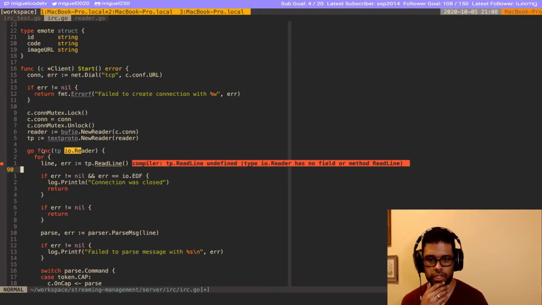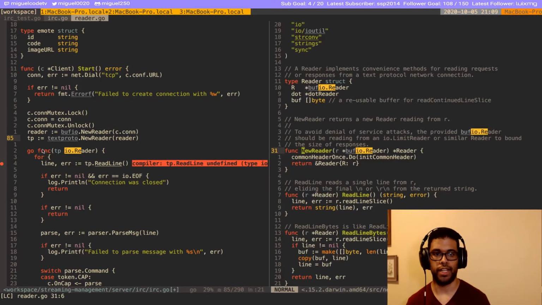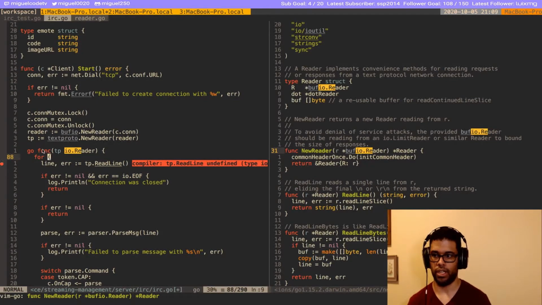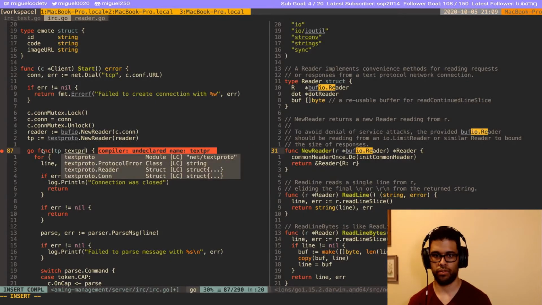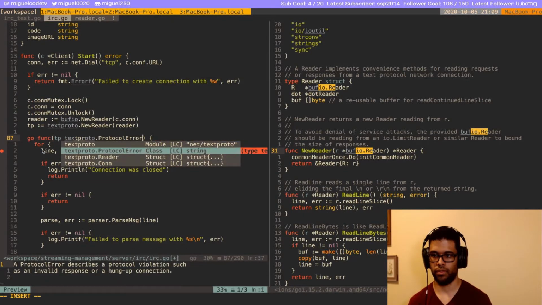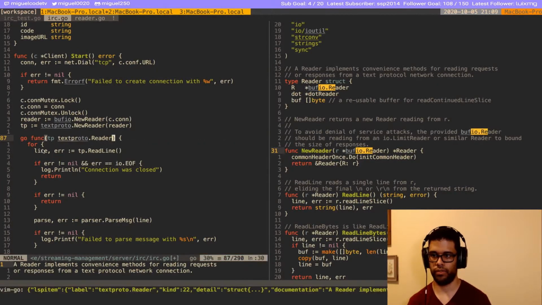All right, so let's see. Oh, it's not an IO reader. It's a syntax, ATAX proto Reader. Okay.